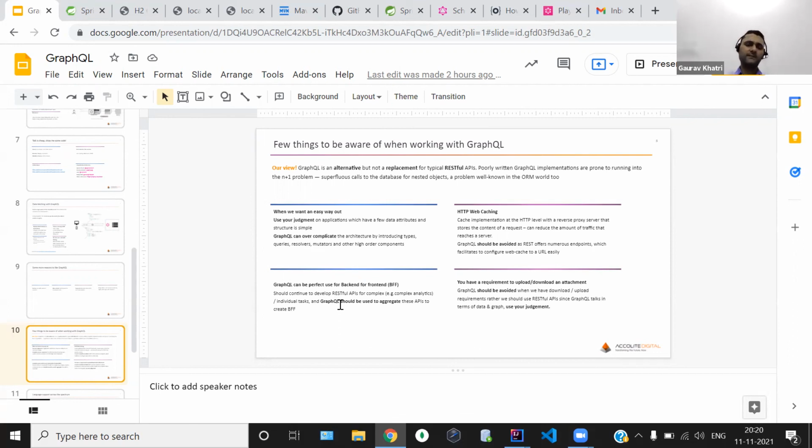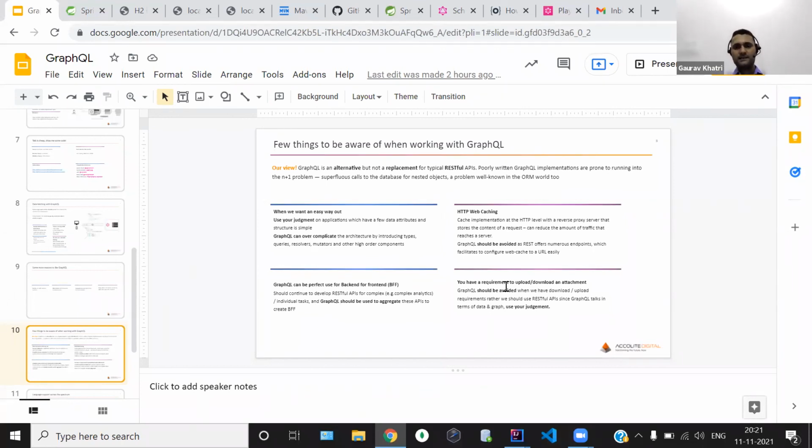Apart from that, we shouldn't directly use GraphQL as a replacement for the RESTful API. Instead, we continue to write the RESTful API, and we should have some aggregation layer in terms of backend for frontend, and GraphQL is the best candidate to write the backend for frontend. From there, the UI can consume the GraphQL API, and by this we can avoid the issues with RESTful APIs if we consume them directly from the UI side.